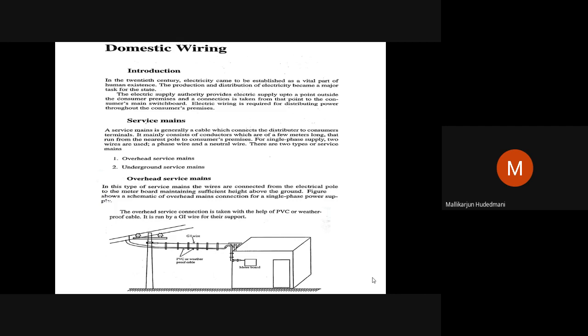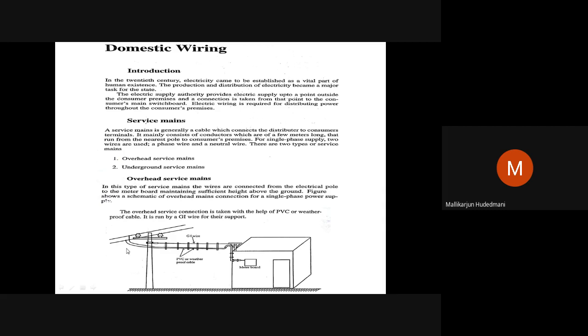In that way, the first electrical contact of the distribution company with the house takes place through the meter board only. It means to say service mains wiring lands at the meter box only. From the distribution company pole, one line and one neutral, because I am speaking about single phase supply, are tapped with the help of a messenger wire. So you can see a guy wire here. A GI wire is tied to the pole and to the premises corner with a projection. A messenger wire is tied.